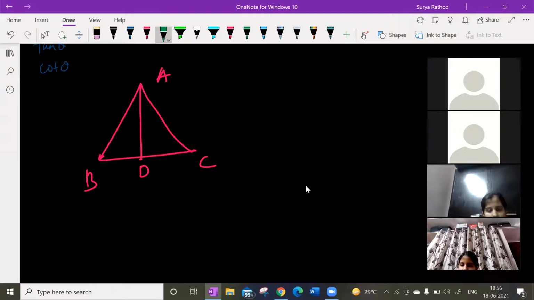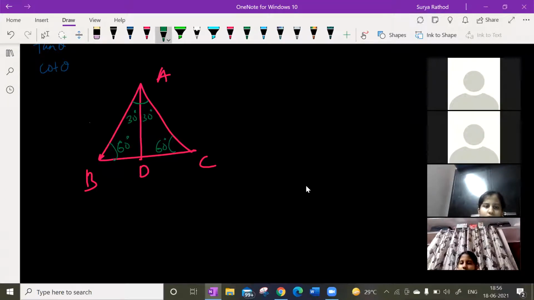Now we know that this is my equilateral triangle. Let us take an equilateral triangle, so all sides will be equal. This is 60 degrees. This is my 60 degrees. All right, Ashish? Yes or no? Yes, sir. Then it will be 30 degrees. Then it will be 30 degrees. Half. Clear?